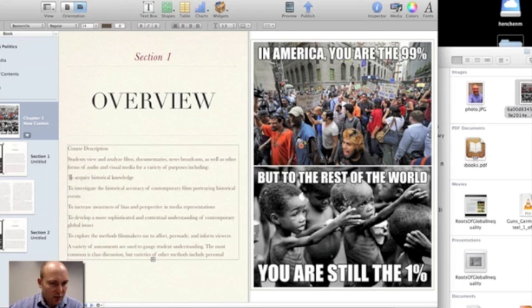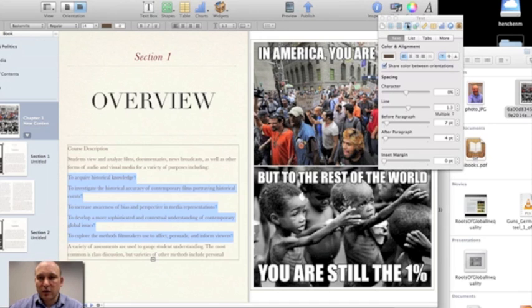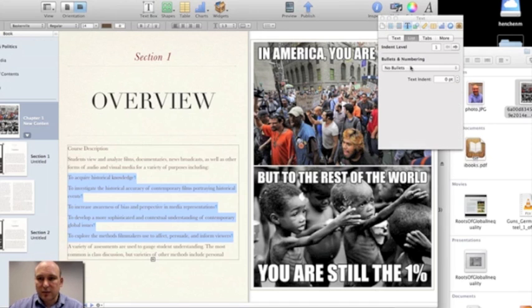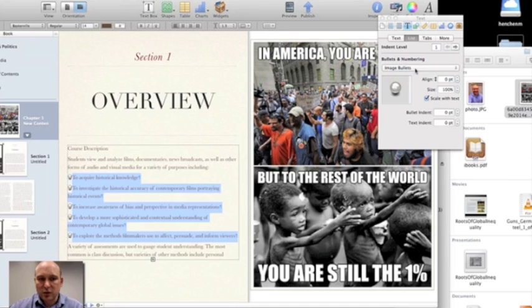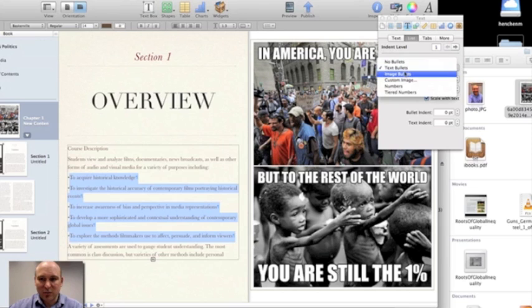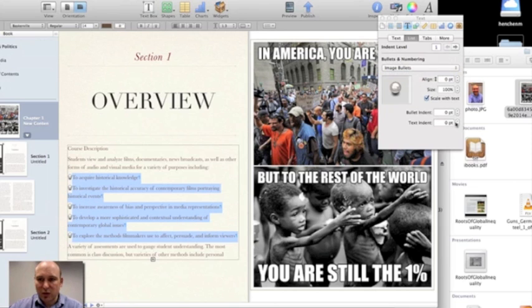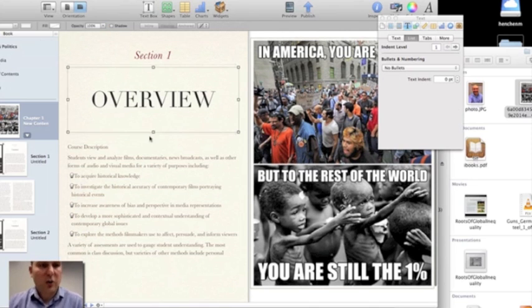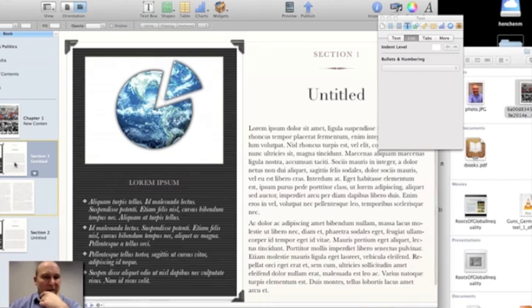Now again, you'll notice that it didn't retain any of the bulleting and formatting, which sometimes happens. So we can click here, and we can go to the inspector, click text, go to list, and we can give it some image bullets, or we could give it text bullets, which are the basic bullets, but we'll go with the text bullets, and then we want a text indent, so we're going to go 5 points in, such as that. So we've got an overview, okay,